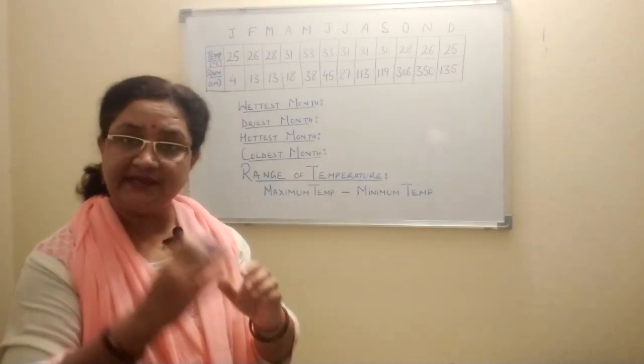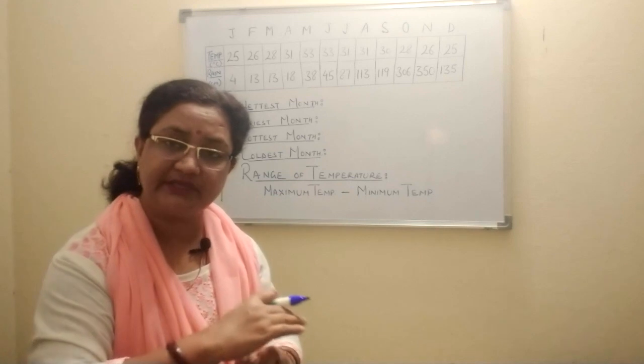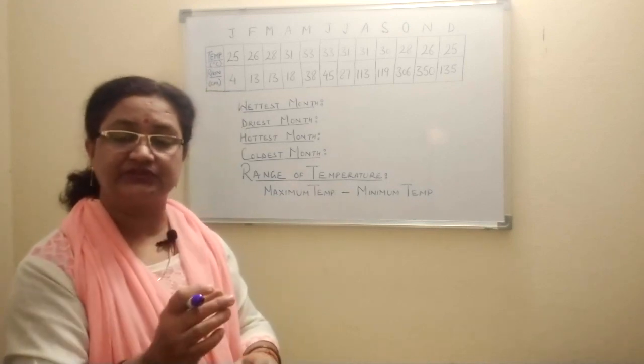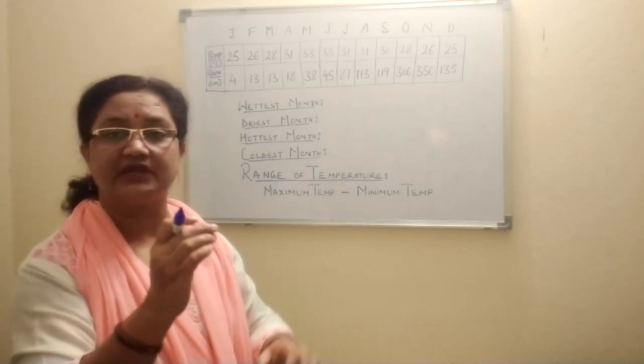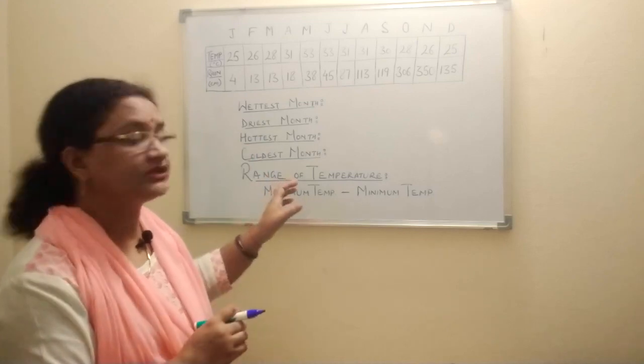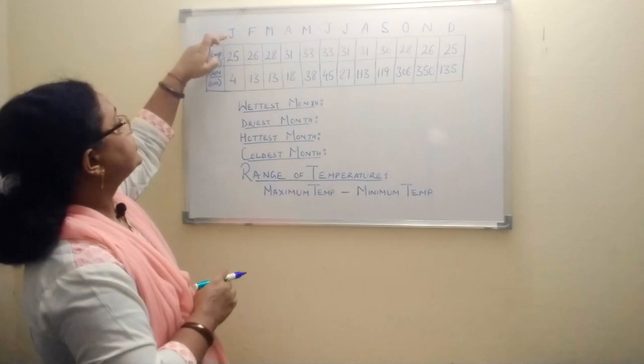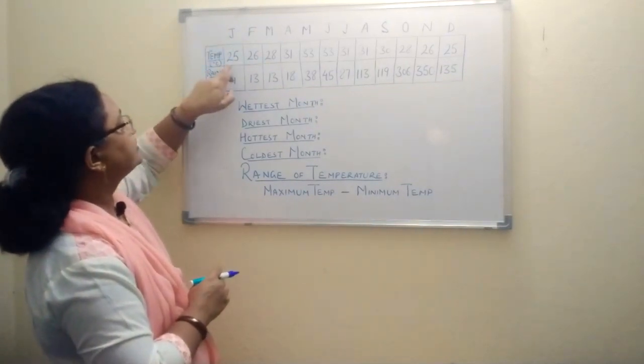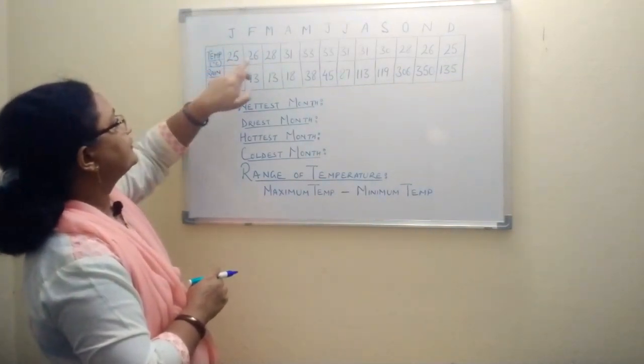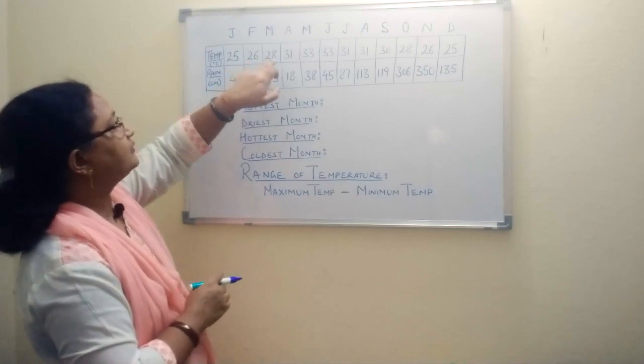For every month, throughout the year, the average temperature and average rainfall is taken out and that is written here. You can see January, it's getting temperature 25 degrees centigrade, February 26 degrees centigrade, March